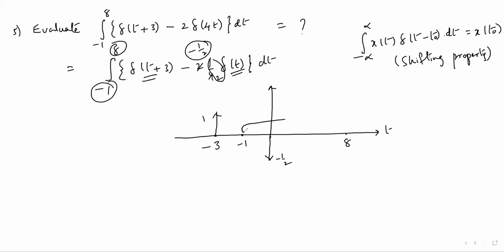If he has given, this expression is outside of the required integration limit. So we don't need to cover this signal while you are evaluating the integral with the limit minus 1 to 8. So in this given limit of integration, we have only one signal. Then if you have an impulse signal, the amplitude is nothing but the strength of that signal or area of that signal. Integration of a given signal is nothing but area of this. Here for the impulse signal, area is nothing but its amplitude. So only one signal under integration, directly we can answer minus 1 by 2.